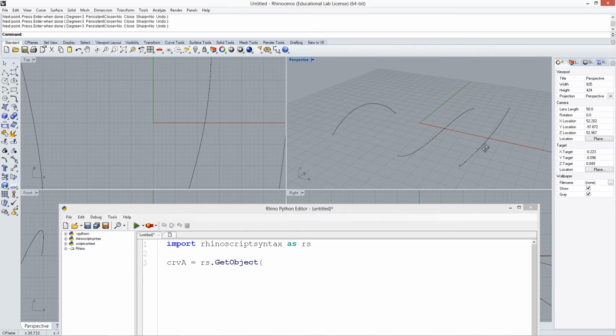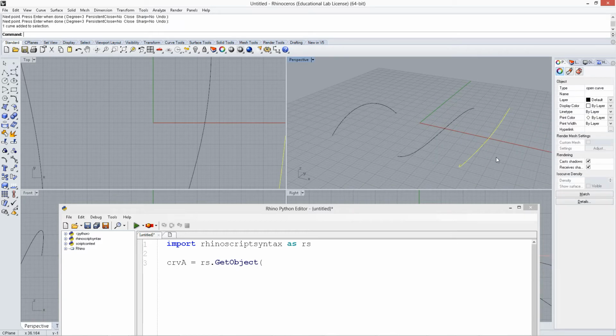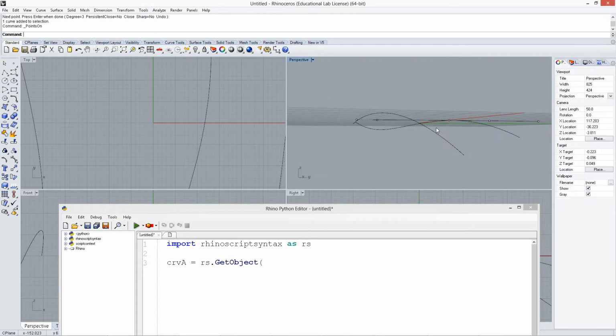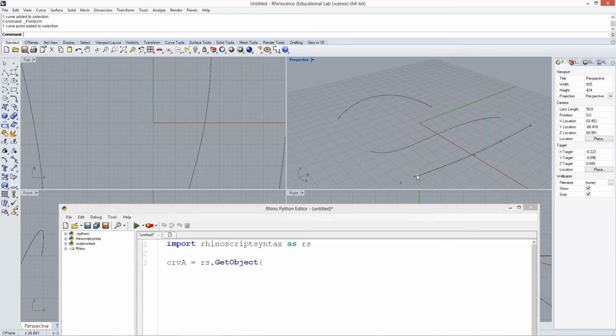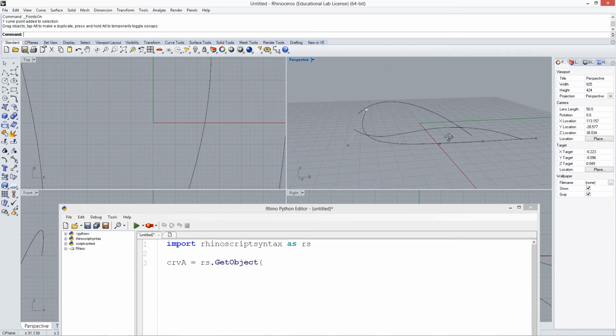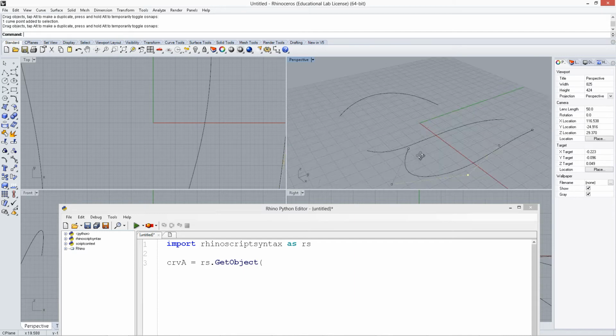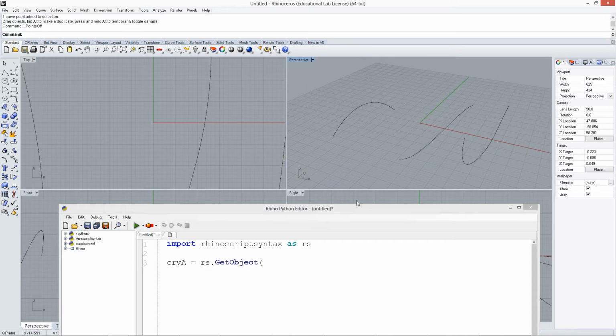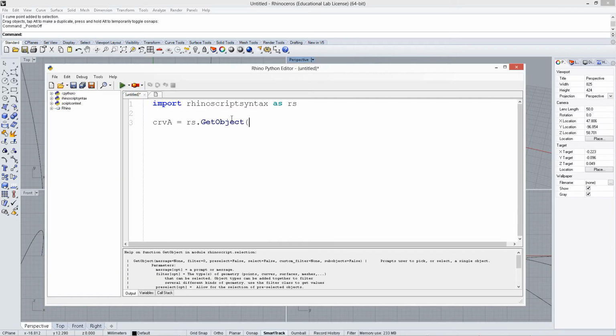Alright, so we've got some curves here. This one's a little flat. Give it a little bit of depth to it. Okay. Alright, so we've got three curves, and what we're going to do is we're going to say rs.GetObject, select first